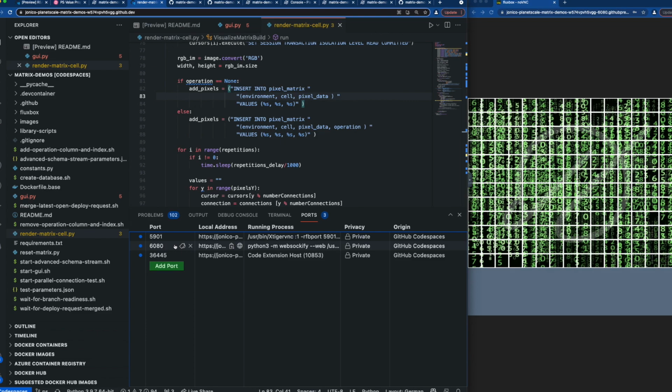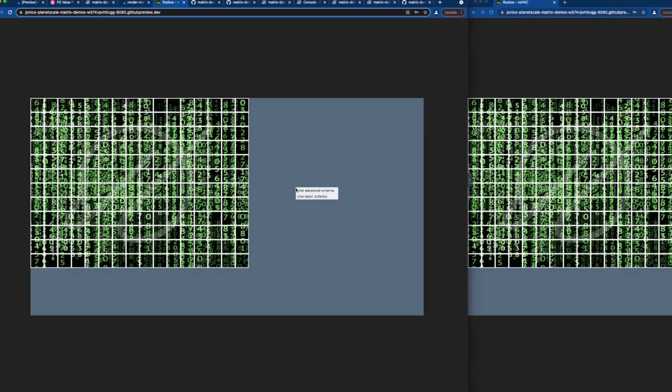Then there's the second entry here about the web VNC browser. You just click on that icon here, and then the password is always vscode, and then you basically have any kind of